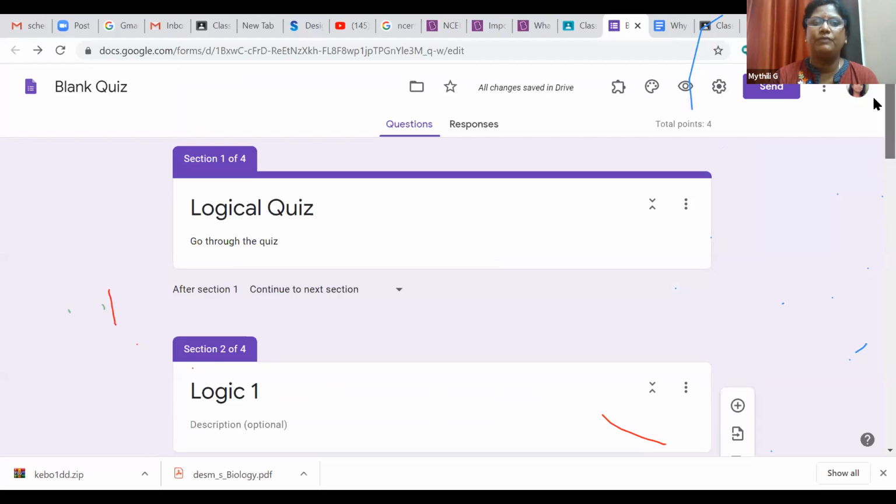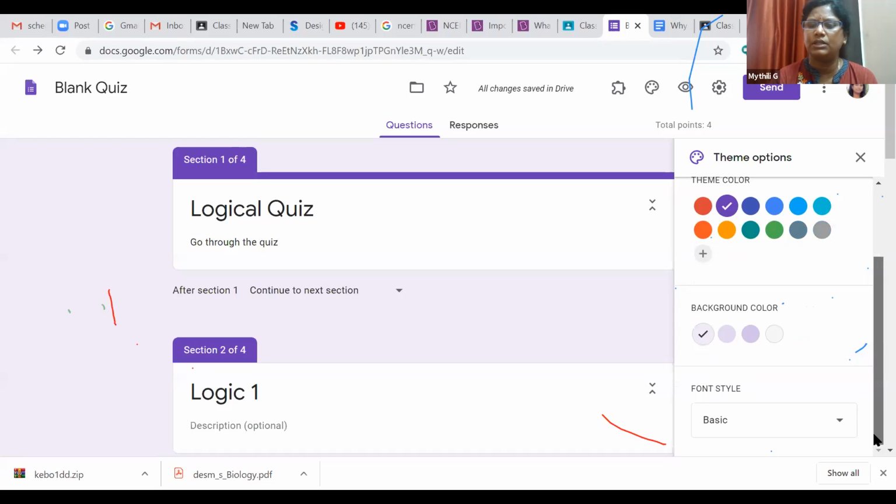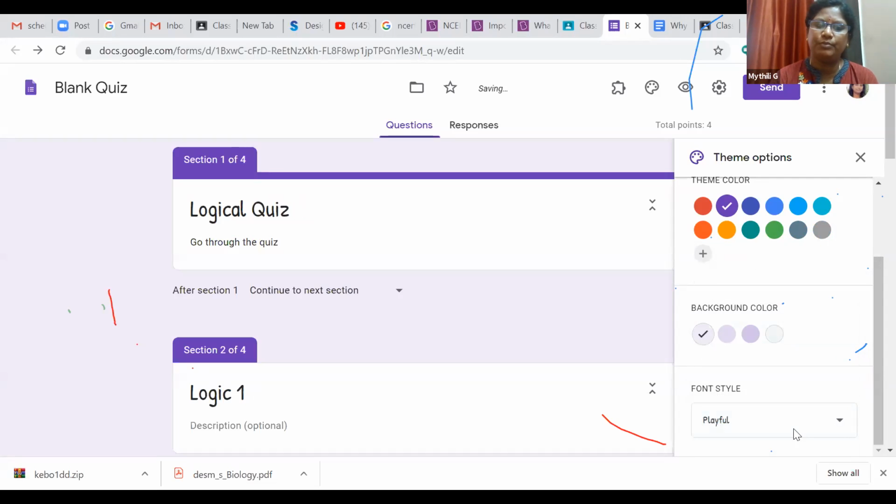Okay, so everything I have set, and you know that there is a lot of color variety, and then you can choose the background, and also you can select the font and all. For example, everything can be playful.